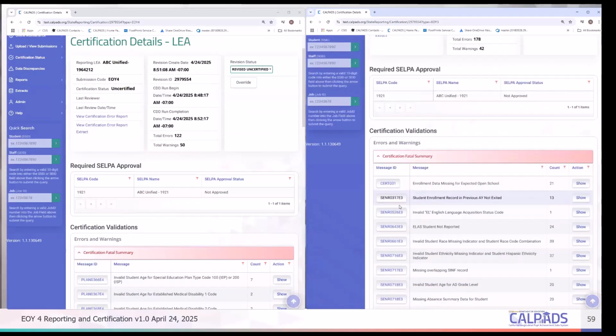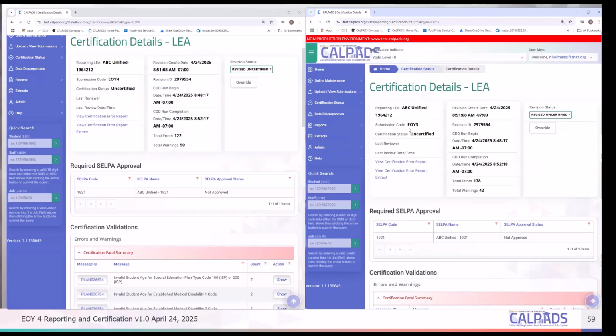But what Kyra was talking about, I have end of year 3 here and end of year 4 here, right? We used to want you to complete all certifications and then do end of year 3, but the data wasn't consistent between them. With end of year 4, some of the enrollments, students leaving, their exit reason for special education, there wouldn't be a valid reason for special education exit reported, and end of year 4 was certified because end of year 3 was not complete.